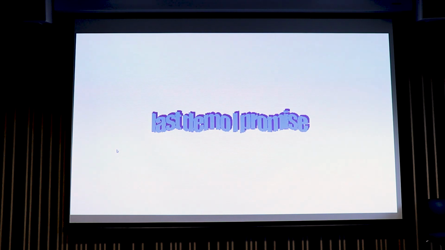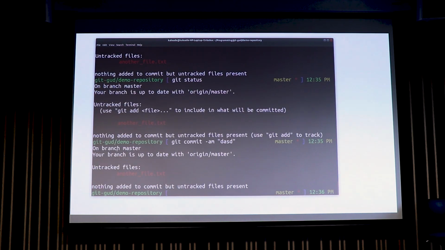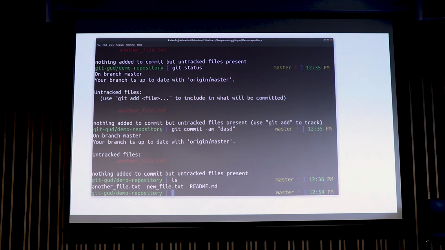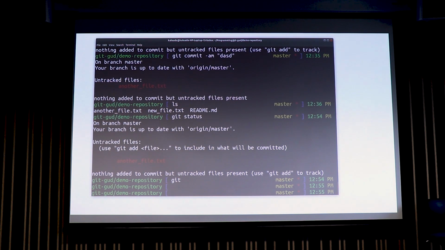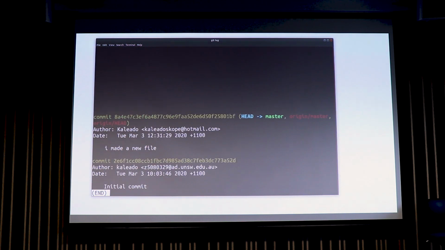So this is the last demo. So I'm going to show you a whole bunch of resetting, making branches, and general Git wizardry. So you can see I have a file that I'm going to add. So another command I want to showcase is git log. So git log lets us see all of the commits leading to the current head, and it will show you their hashes and the authors and the messages, right? So you can see that we added this, I made a new file commit, and we've got the initial commit as well. And if we were to copy this hash here,